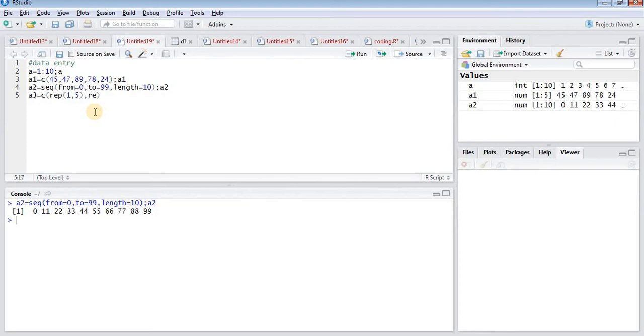Next, rep will repeat the number 2 for 6 times. So let's see the output. 1 is repeated 5 times and 2 is repeated 6 times. So we can do it the way we want. This was about entering the data in a quantifiable form.